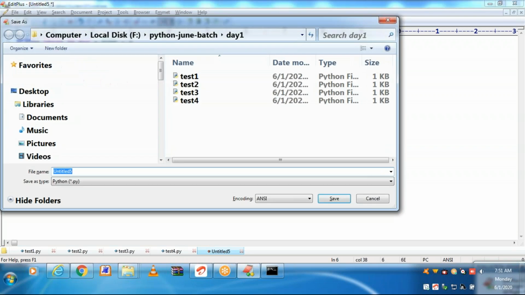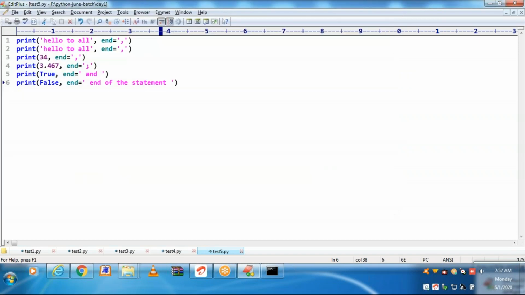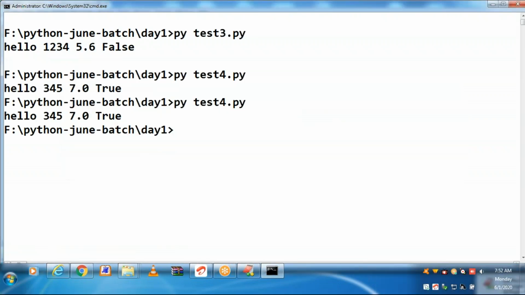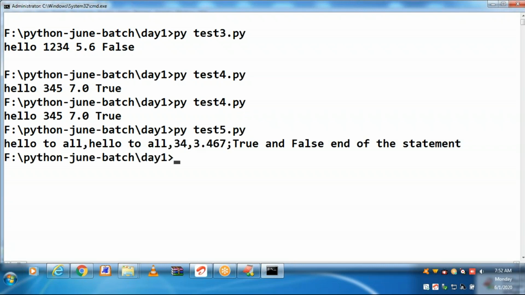Let me save it as test5.py. You can see content printing in the same line by providing different separators from one print to another print.